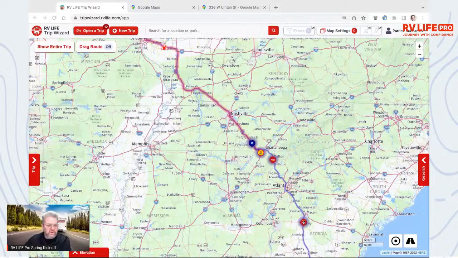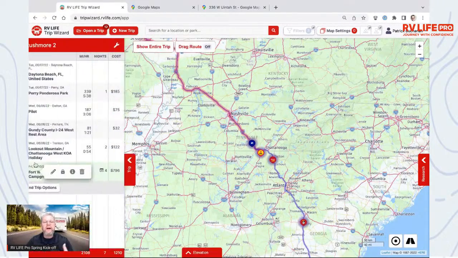Okay, so let's look at, I think I've just about covered everything, but I want to double check my notes. Oh yeah, so the only other thing I want to show you is, the emphasis here has been on the big trip, the mammoth trip, the life-changing trip that you're going to remember forever. What about just a regular old RV trip? A lot of people say, well, I don't need RV Life because I don't go anywhere except near the house, right? Well, that's true, but there's still a great deal of value in this,